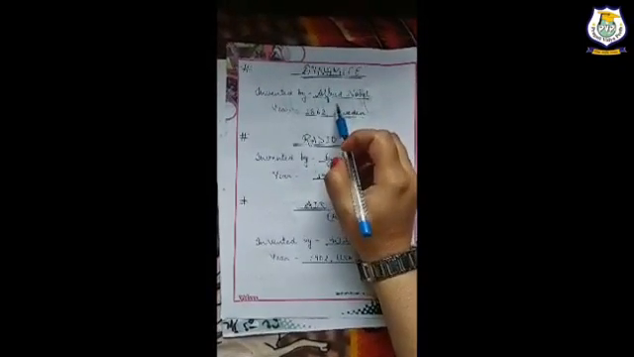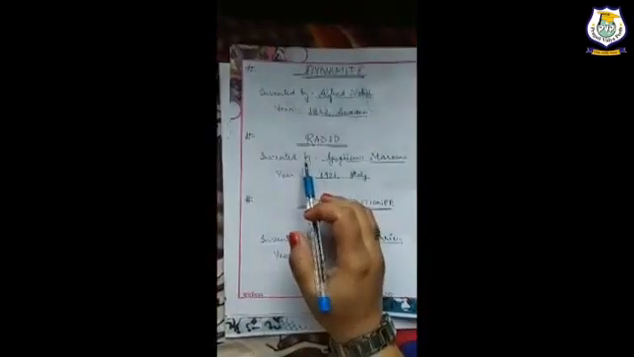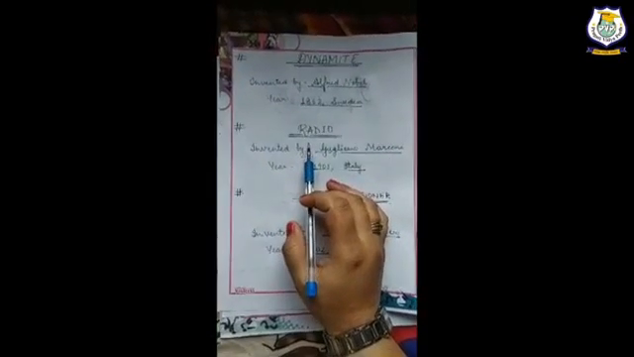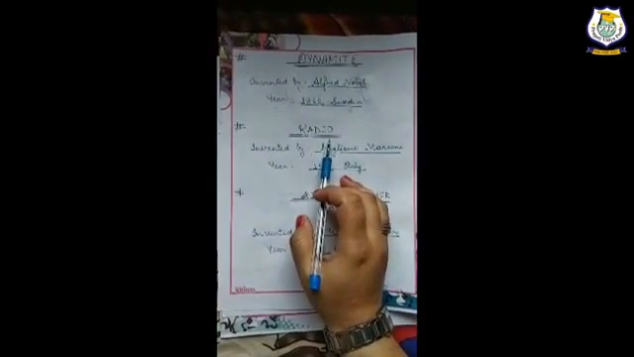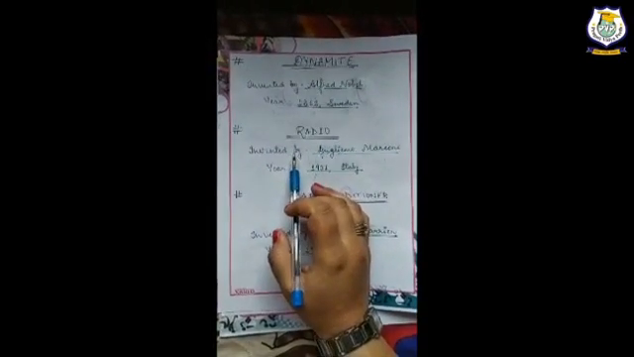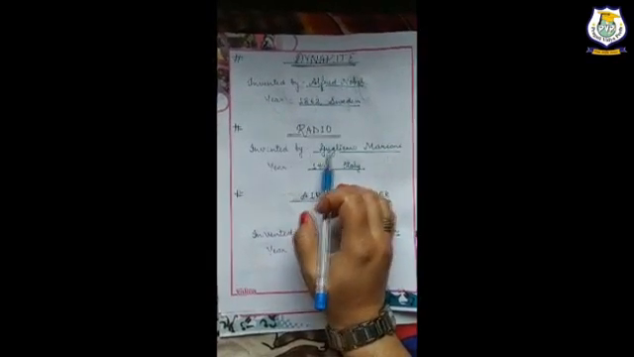Students, on his name, Nobel Prize is given for medicine, literature, etc. Now, our next invention is radio. Students, radio was first invented by Guglielmo Marconi